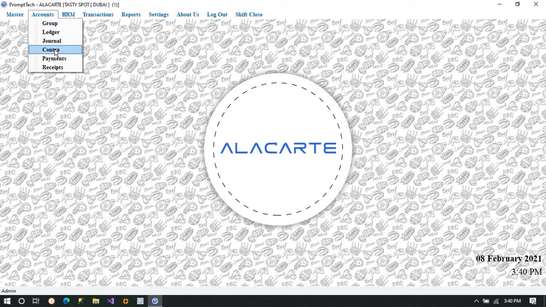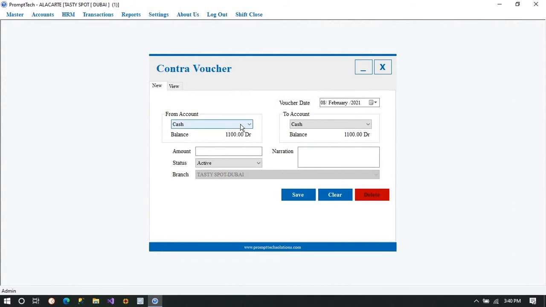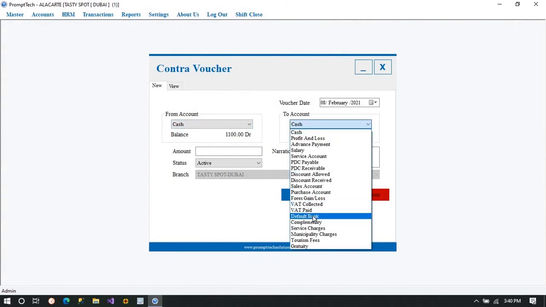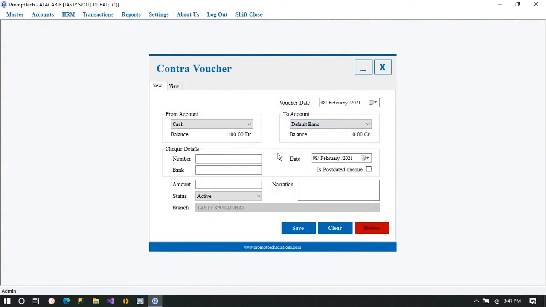Next, I will talk about Contra. Contra is basically dealing with cash and bank details and the accounts, whatever money variation is happening, right? So here I can add the account. Now how much cash am I supposed to transfer to somebody? So how much cash, and the check details of somebody, if it's there, you can put that as well.